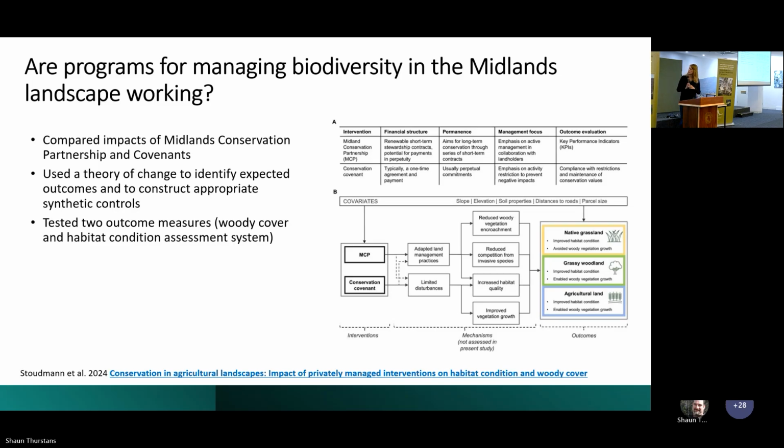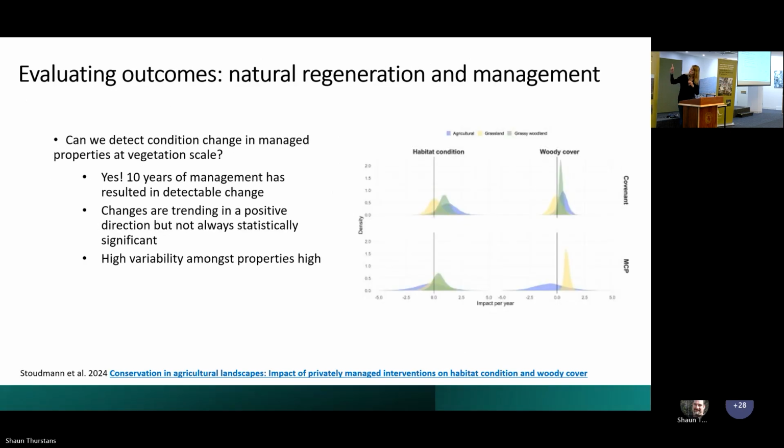And then we need to think about what places look and feel like that in the landscape so we can properly say what difference we are making. We chose to do that with two data products, a woody cover product and a habitat condition product. And I want you to focus on the green and yellow blurbs. And the bottom is the Midlands Conservation Program, where you want to look for the peak being above average, and that's the Covenant Program. And the basic take home is that you can't quite see the lovely yellow grasslands just below the green. But the Midlands